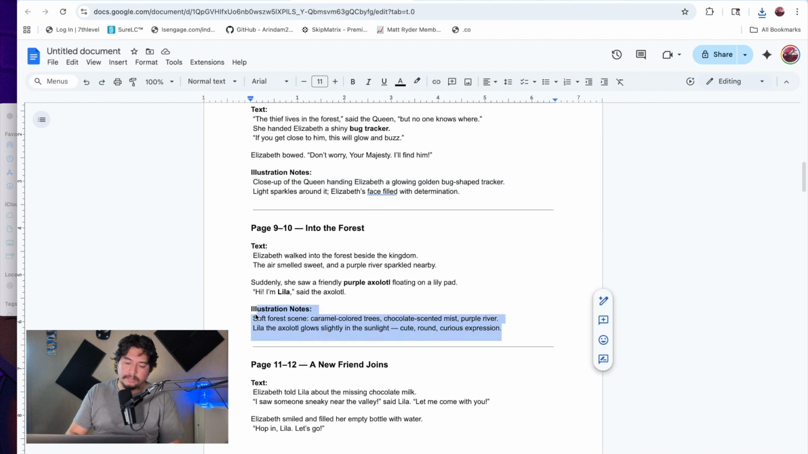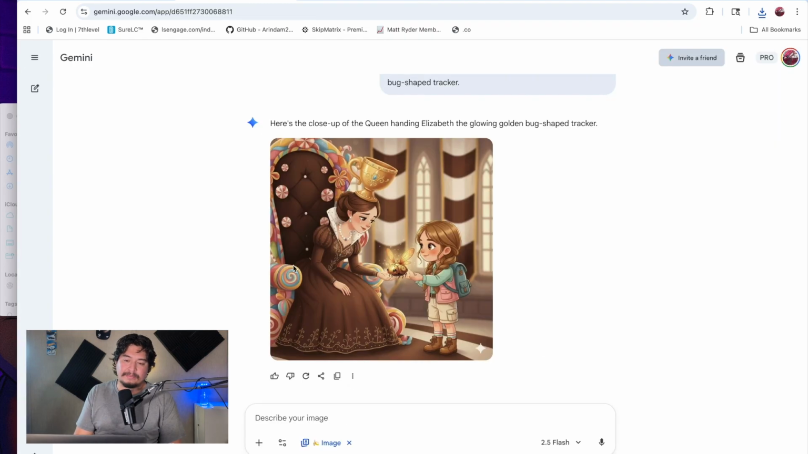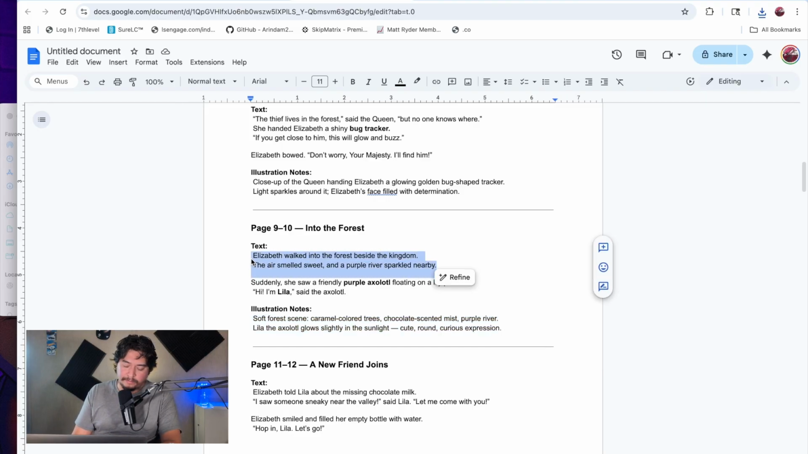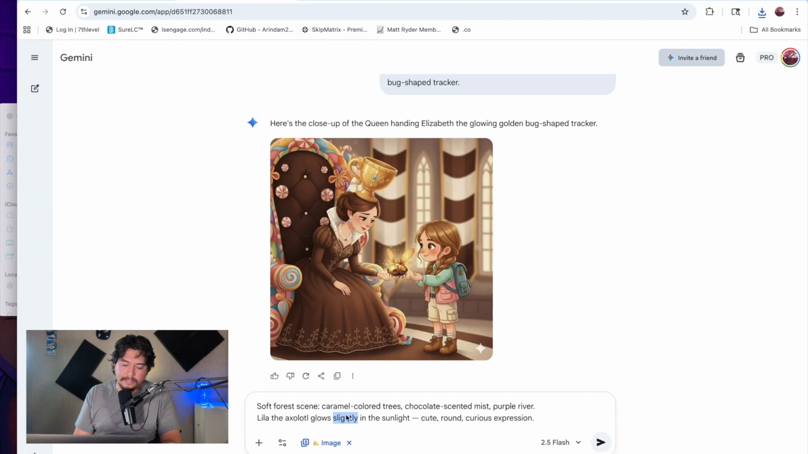So let's go ahead, and this is where Elizabeth meets Lila. Soft forest scene, caramel colored trees, chocolate scented mist. I don't even know what that means. Purple river. All right. Well, I guess Lila the exile glows slightly in the sunlight. Cute round expression. So those are the illustration notes. Elizabeth walked into the forest beside the kingdom. One thing you can do, if you want to keep it consistent, right? Let's go ahead and